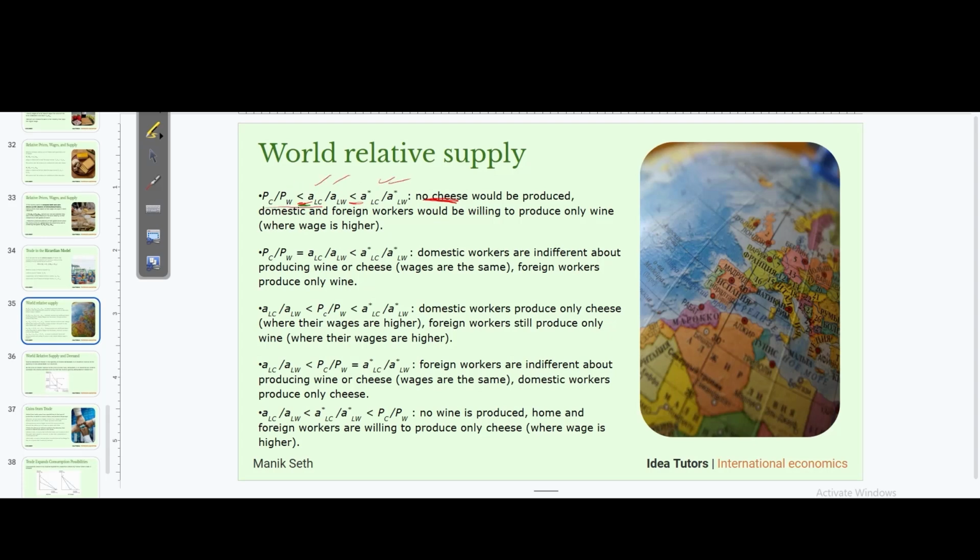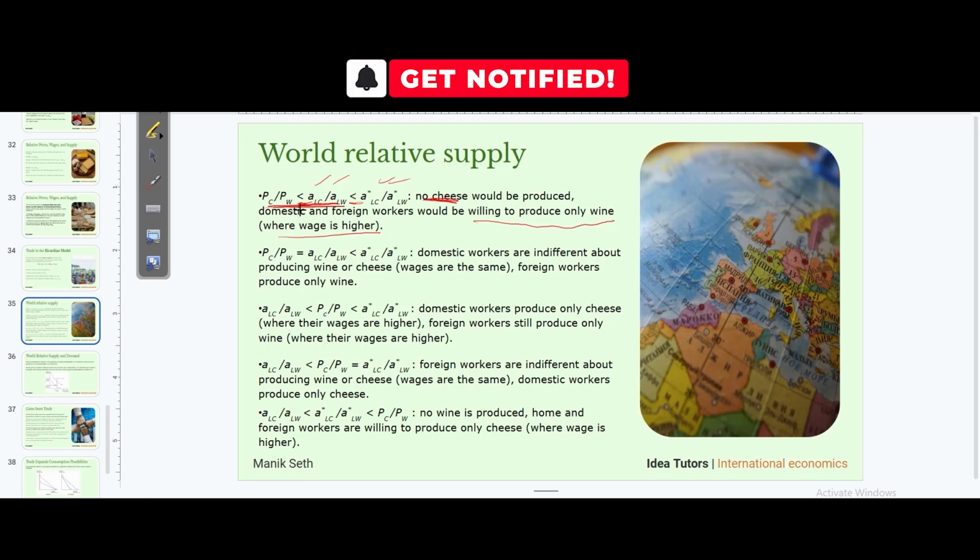Why? We have already done that, because if opportunity cost is more, there will be lower wages in that particular industry, and everybody will be willing to produce wine due to higher wages in that industry. More opportunity cost than relative price means less wages. If wages are less, nobody is willing to produce that good, because no labor wants to work in that industry